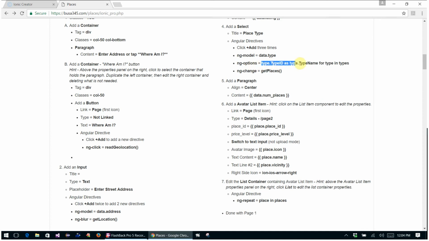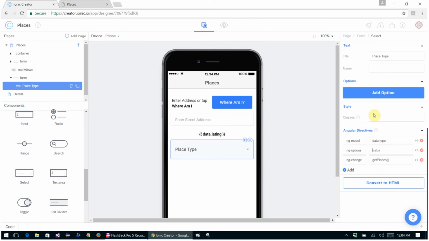So I'm going to select this here, copy, go back here, and click right here and paste. And so that looks like that copied incorrectly. Okay,